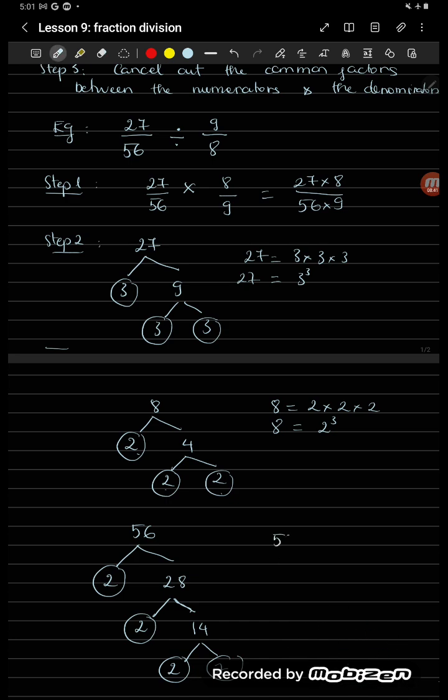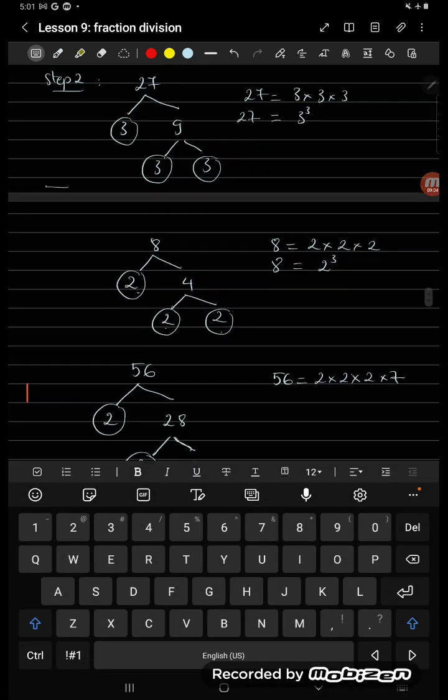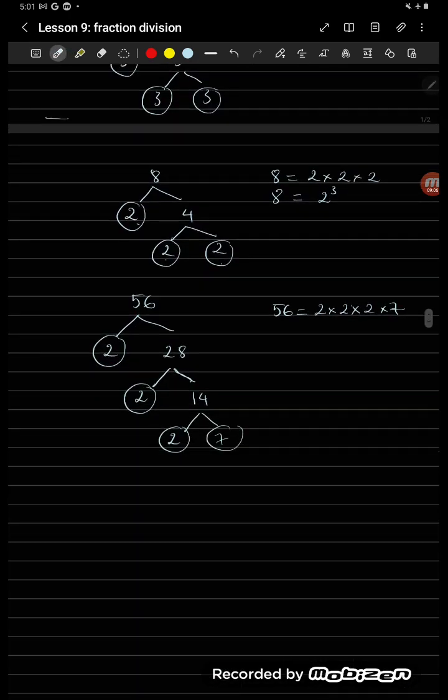So 56 can be written as 2 times 2 times 2 times 7. You just write it as a product of all the prime numbers that you circle during your breakdown, the tree breakdown method. Yeah, and then now we continue with